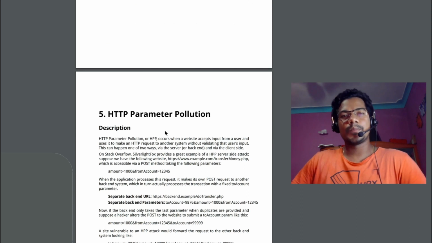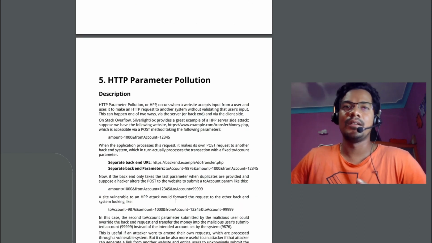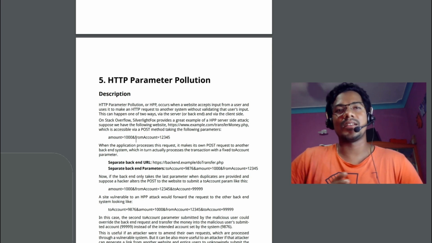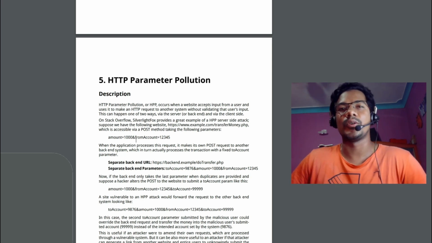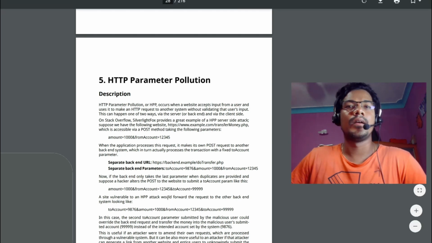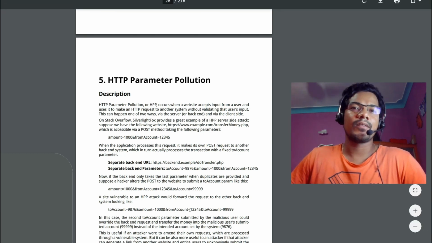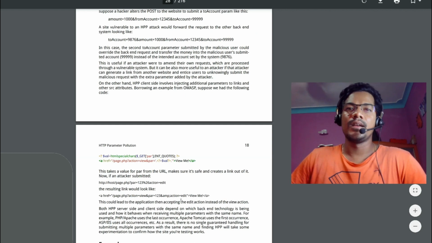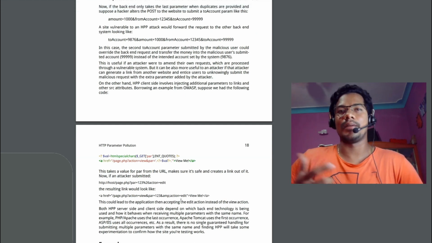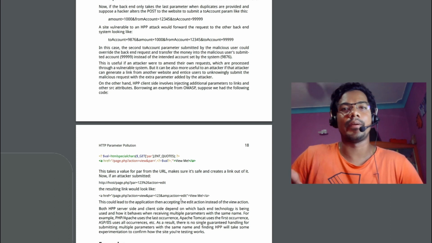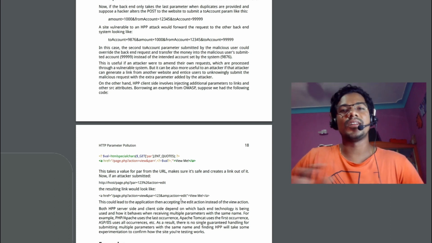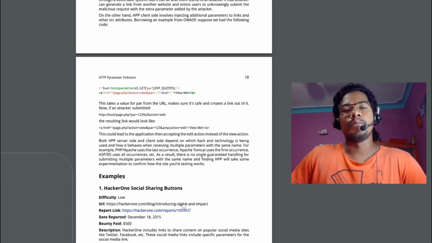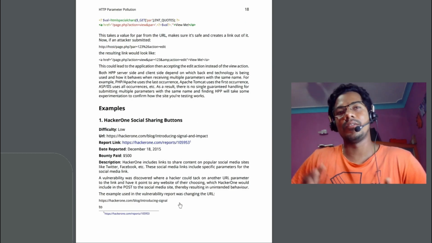So the fifth one is parameter pollution. Again, one of the really impactful issues. Over here, he is trying to explain it with transferring an amount from one user to another user. You can see that from account to account is mentioned in this particular manner. However, whenever you are going for parameter pollution, somebody will pollute the parameter value, with maybe a double value or by exchanging something, so that instead of passing the value for one account, it will go to the other account.